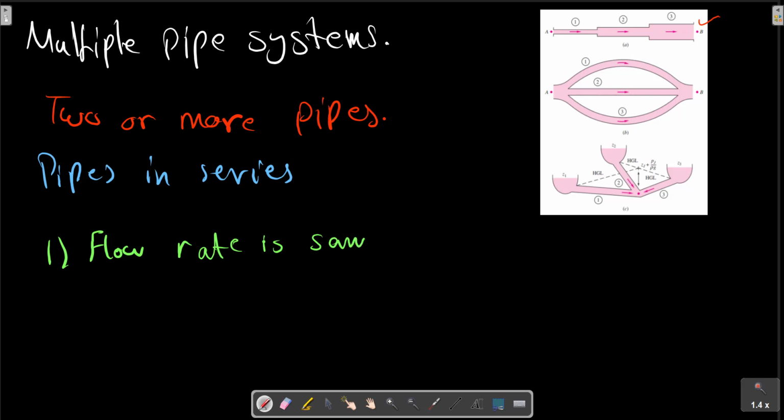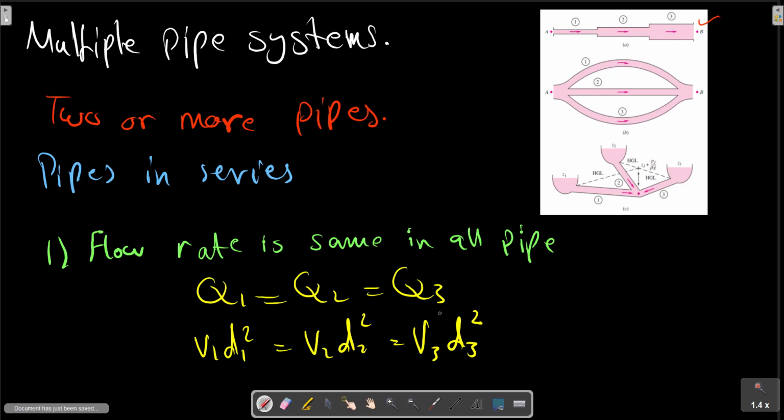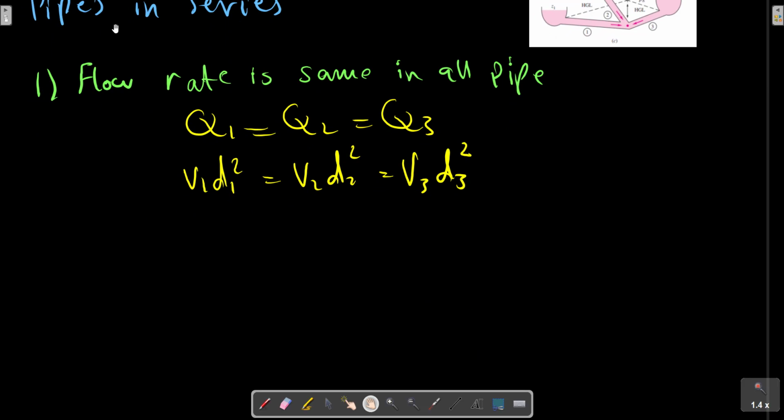The flow rate is the same in all pipes: Q1 equals Q2 equals Q3. So we can write V1 D1 squared, V2 D2 squared, and V3 D3 squared. This is the relation for the same flow rate in all pipes, and rule 2 in this type of pipe system is